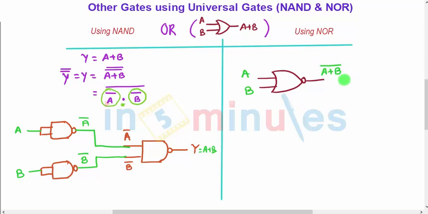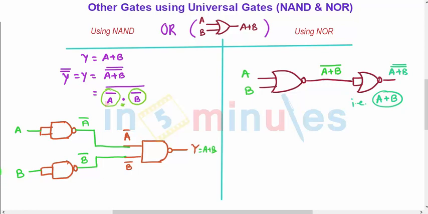So what I will do, I will be using another NOR gate, and the input to this second NOR gate is shorted, and whatever the output of the first gate, that is A plus B bar, I will connect this to the new input. So here it will be A plus A is A, that is nothing but the final output will be A plus B complement of complement, that is A OR with B. So this is the final expression. Using NOR gate we have implemented the OR gate.